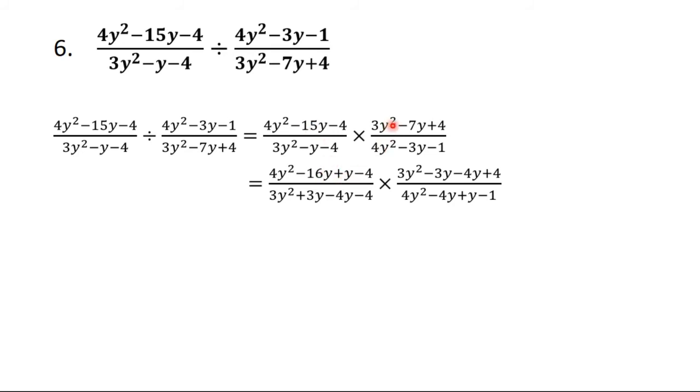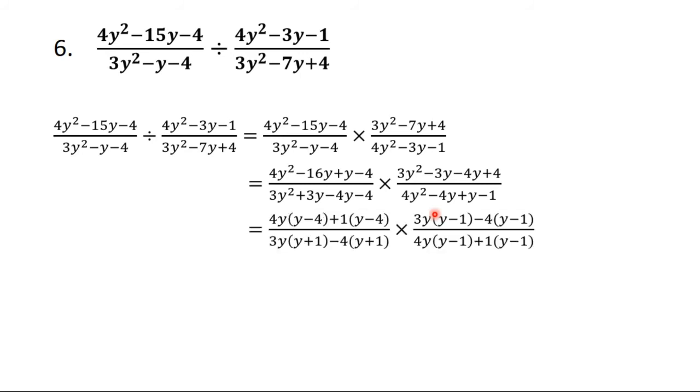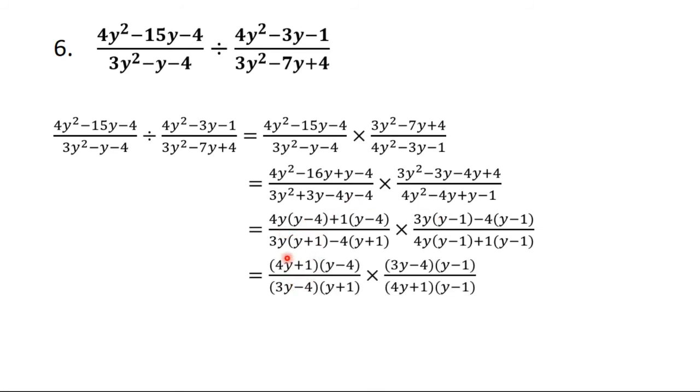You do the same factorization for this part, and this part, and this part, as we can see in this example. We learned more about this in the video on quadratic trinomials. So if you are facing any difficulty, I would advise that you watch that video, then you continue from there. So from here, when we factorize these out, we are going to have the numerator part for this 4y